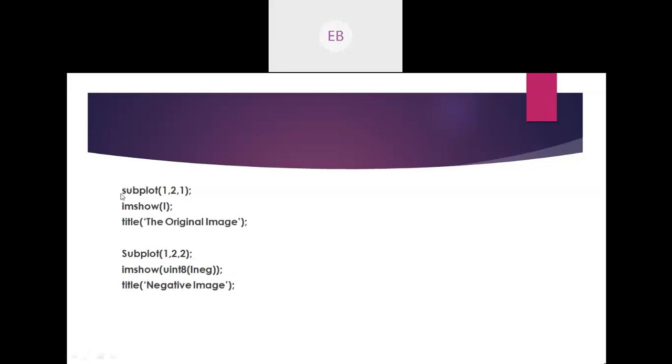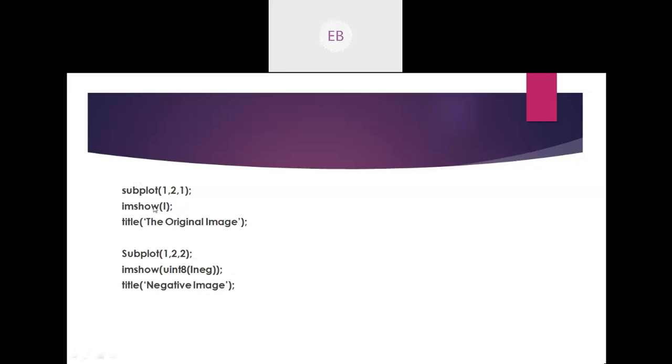1. So what is subplot? It will basically split your screen according to your requirement. Suppose I'm giving subplot 1 comma 2 comma 1: here 1 is the row number, 2 is the column number, and 1 defines the first image.